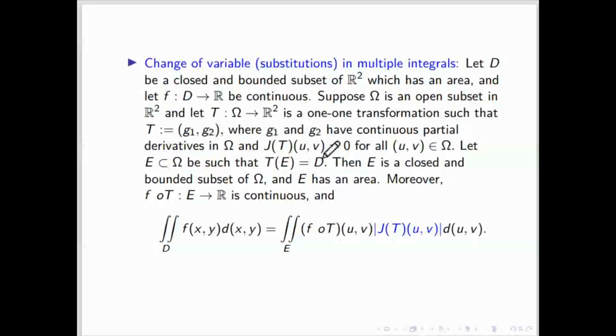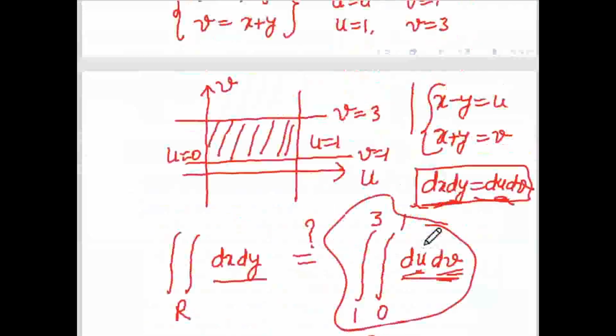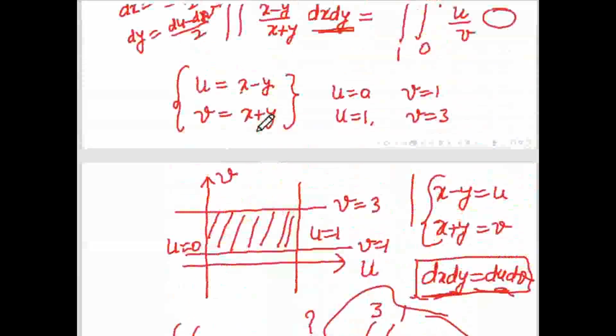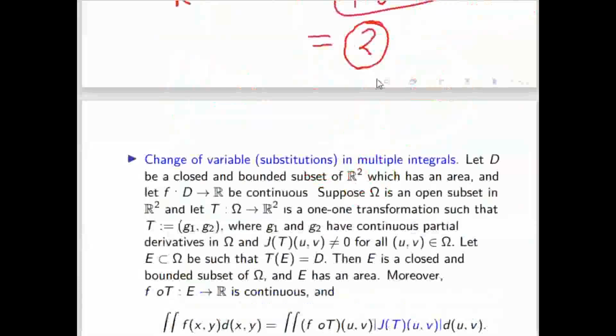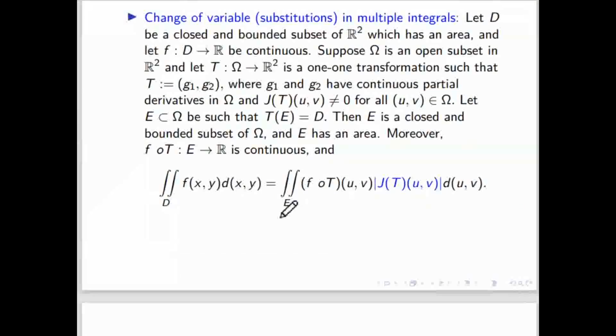And in the Jacobian, some partial derivatives will come. That's why for this transformation g1 and g2, continuous partial derivatives are required, so that we can calculate the Jacobian. Under this condition, if under this transformation, whatever you are converting from one variable to another, the image of D is E, then the integration of this function over the domain D is the integral in the changed variables, multiplied by the Jacobian. Like in this case, this is the domain E, and the original domain is given by D, which is bounded by these 4 lines, so that in the new region E, you have to integrate.